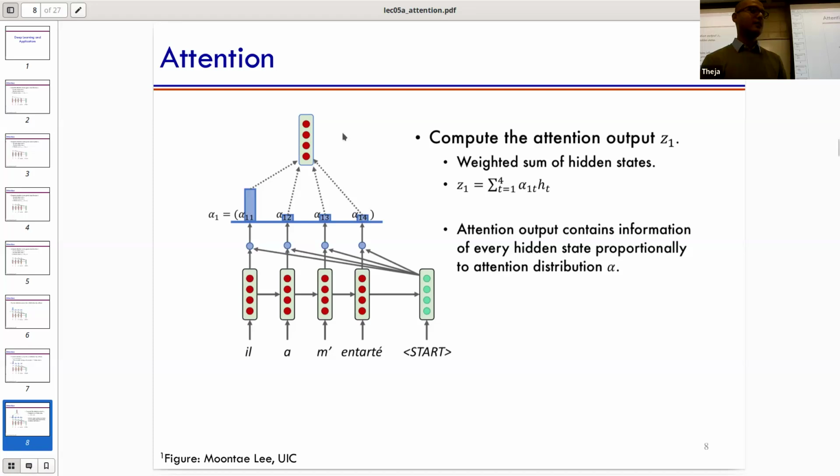So let's call this another vector here. It's still in red. That's Z1. Now, once we have this, the next few decoding steps are exactly the same as before, except we're going to just concatenate this vector with the current RNN cell decoder hidden state, and then do the same transformation that you were going to do before.